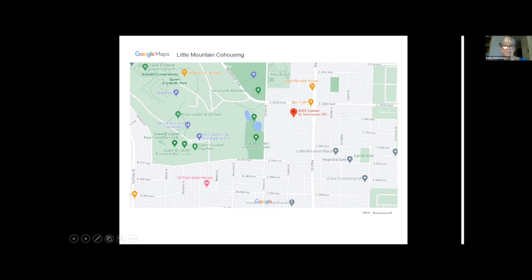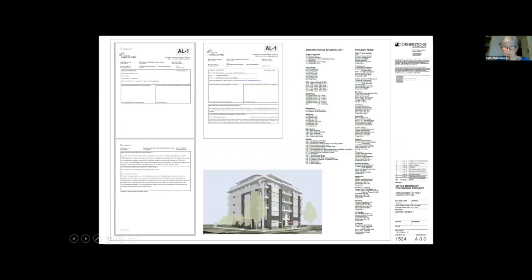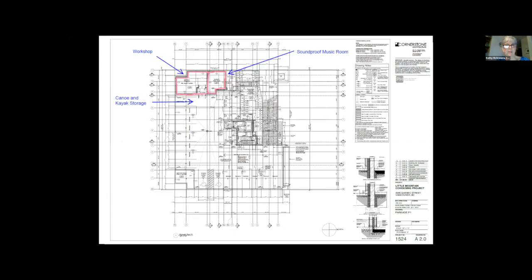These two here, there's an elementary school. So there's a public transit underground speed station over here. There's restaurants along here. This is Main Street. It's not a super busy street, but it's got lots of amenities. So this is why they wanted to be in this area. It's a terrific area. So I'll just show you the floor plans, mainly the common spaces and